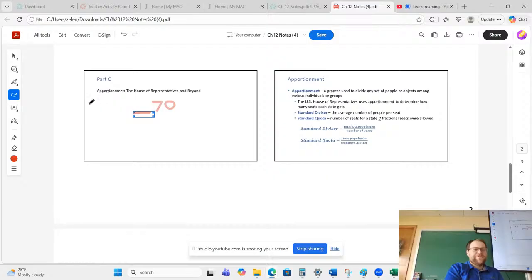Actually, there's another number in front of it. 170? Getting close. 270? 270. Yep. So to be considered the president of the United States, you need 270 electoral votes,